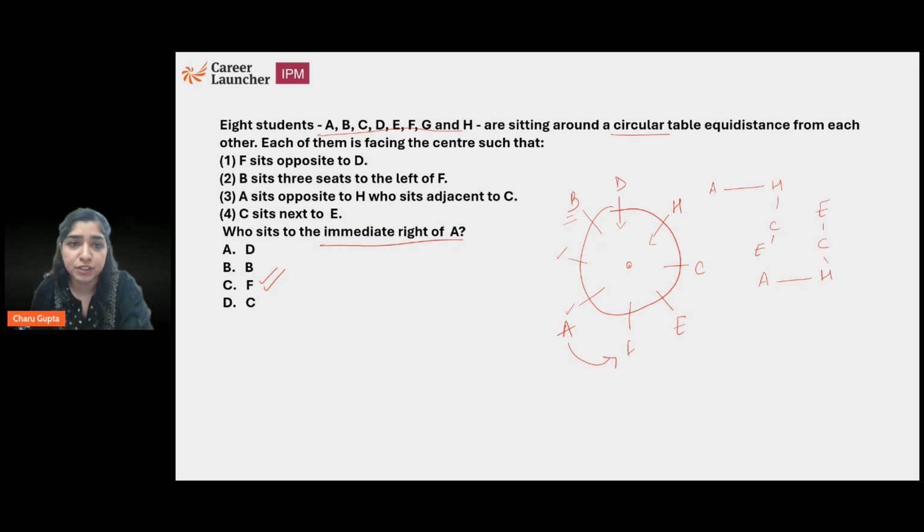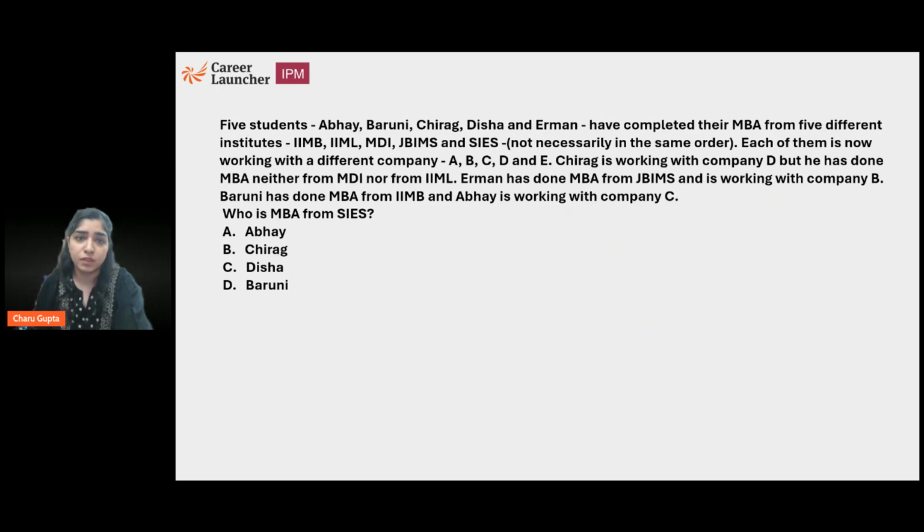Let's move to the next question then. It seems like this is a data arrangement question. These are easy. It might take some extra time in a few questions if there's a lot of information, and the information is also not very direct. Okay, so let's read this one.